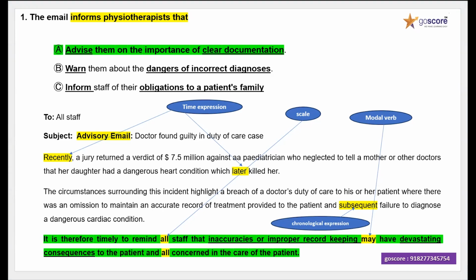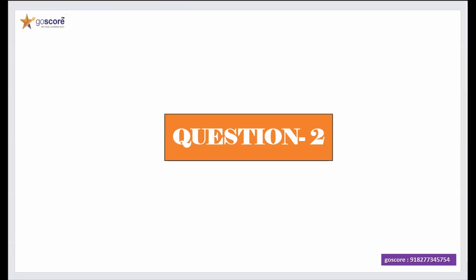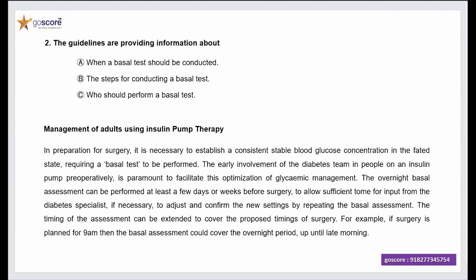Can we move to the next one? Now, number 2, the guidelines are providing information about. So the particular guideline is giving information about what? We need to find out that. When a basal test should be conducted, the steps for conducting a basal test, who should perform a basal test? So 3 options. So we need to find out about what they are informing in this particular paragraph, okay, particular